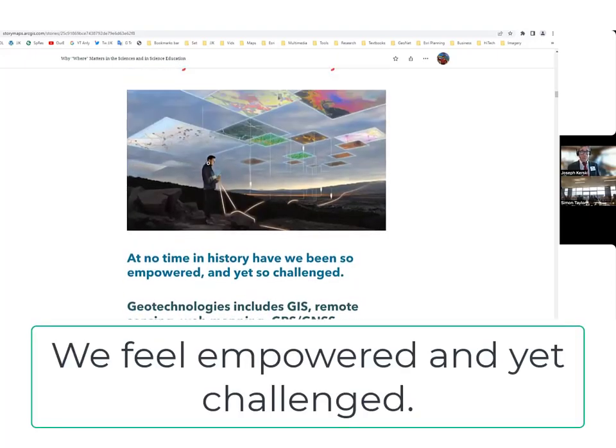Now, we've had lots of challenges over the last few years, right? We feel empowered by technologies and methods and the community that we're in, but we also feel kind of challenged, not just with COVID, but natural hazards of various kinds and other things that we're dealing with in society, right? And geospatial technology is a way for us to put a stake in the ground and say, we will make a positive difference on the planet.